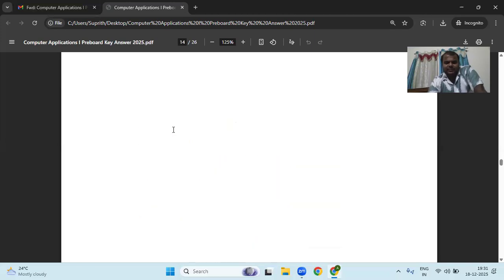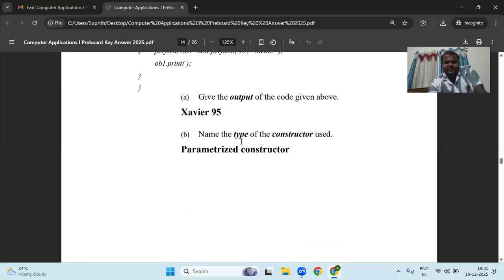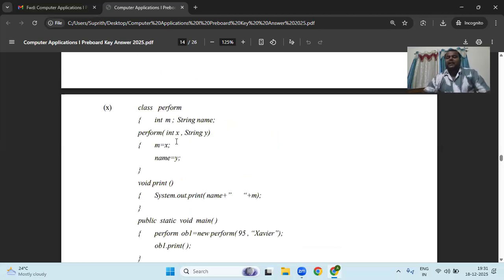And what is the second question? Name the type of constructor. Already I told, that is a parameterized constructor because the parameters are inside the constructor. If there is no parameter, that is a default constructor. I hope all the questions of section 1, MCQ and 2 marks questions, 40 marks, I have discussed,